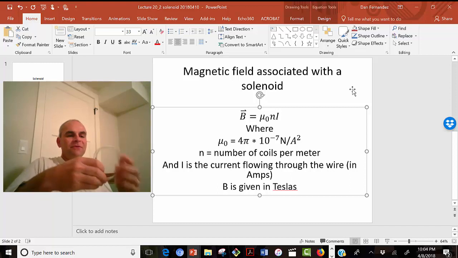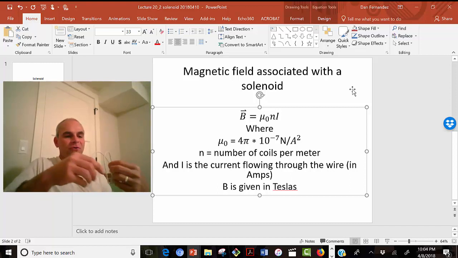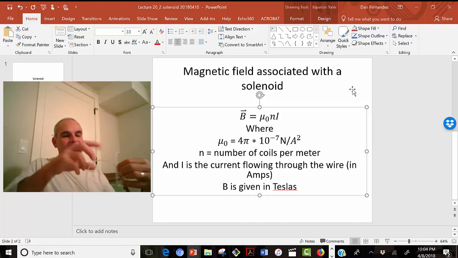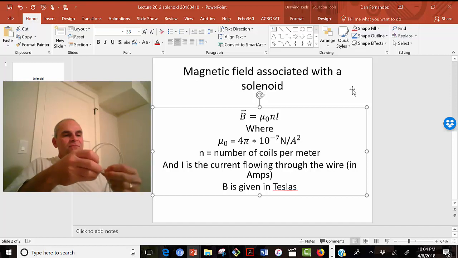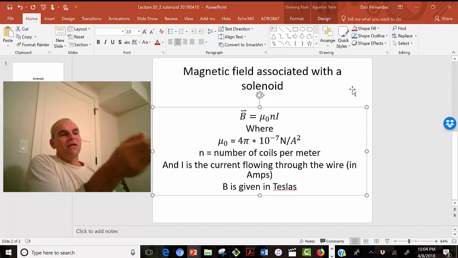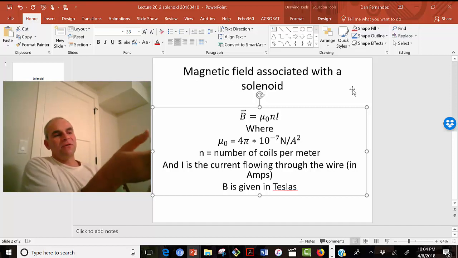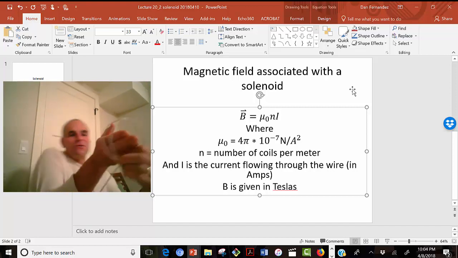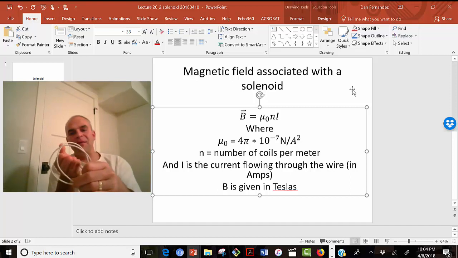Now, if I did two of these wire loops, you can imagine that each one is going to have its own magnetic field because of the current passing through it. It's the same current, but it's a distinct loop. So each loop is going to make its own contribution to the magnetic field. For instance, the current here is going to create the one we just saw, and the current in the next loop is going to create another one like it. So through the center of the loop, the magnetic field is going to reinforce from each of these separate loops